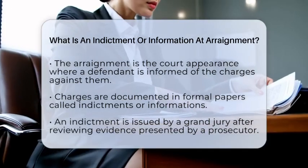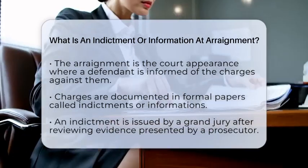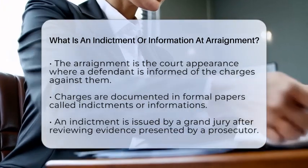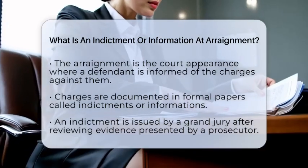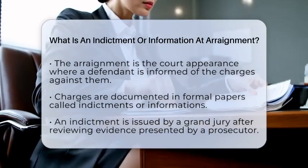Well, it all starts with a formal document that spells out the charges against you. These documents are called indictments and informations. Understanding what they are and how they work can help you see what's happening in this important early stage of the criminal justice process. An indictment is a formal accusation issued by a grand jury after they review evidence presented